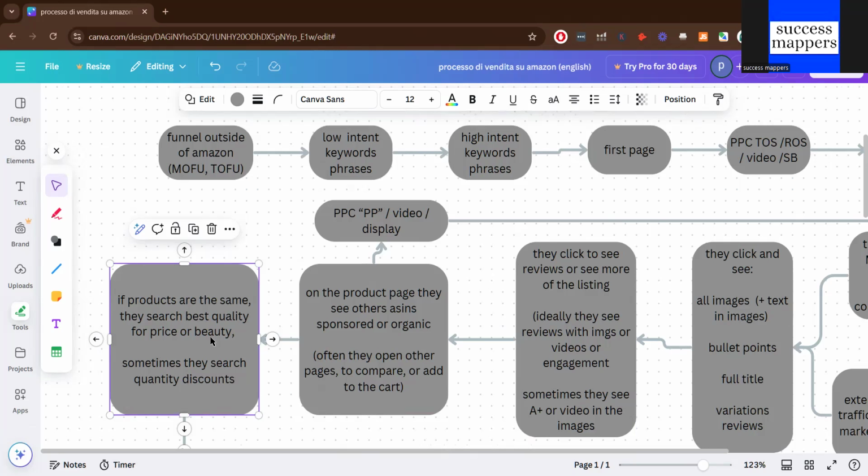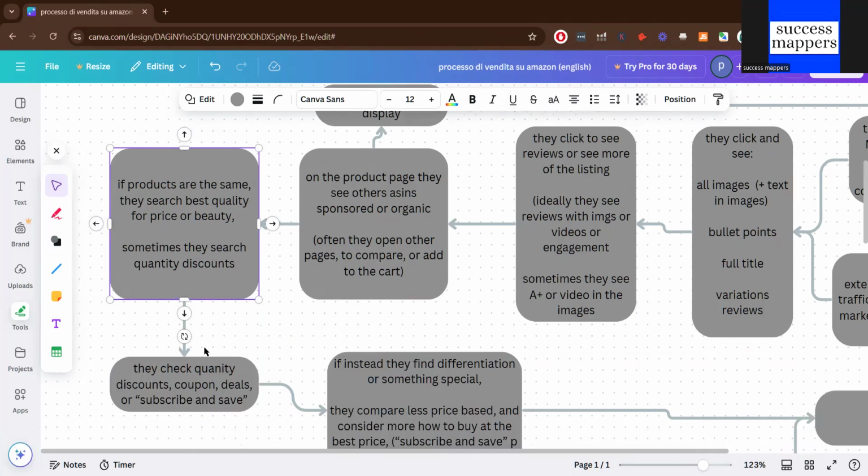And then maybe they compare all the same products with the requirements, and they compare them by price, beauty, and quality, so reviews. And sometimes also they start to consider quantity discounts. If they buy more, maybe they can get a better price per unit. So price comparison. This is a market stage that you need to optimize. So how can you break out from here? Maybe be able to communicate some different elements so that you can stay in this stage that I now show you. They check quantity discounts,